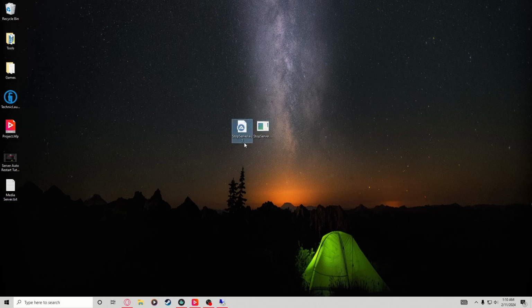So now you can see before it had this .au3 extension, and that is an AutoIt script. Now we have an .exe. So this is an actual executable file. And if you want, you can even delete this file now. You don't need it anymore. So now that we have our executable,